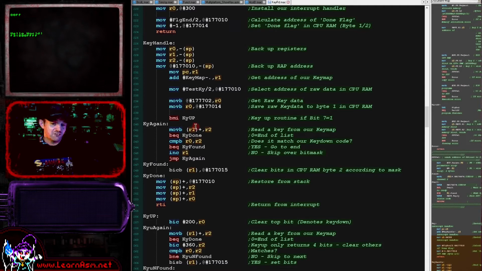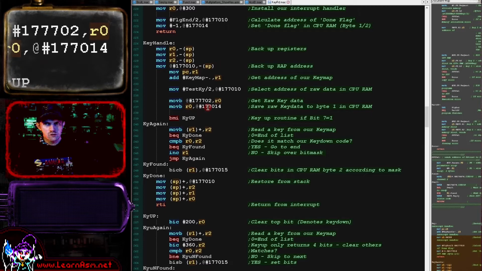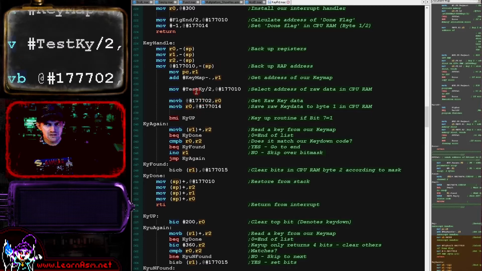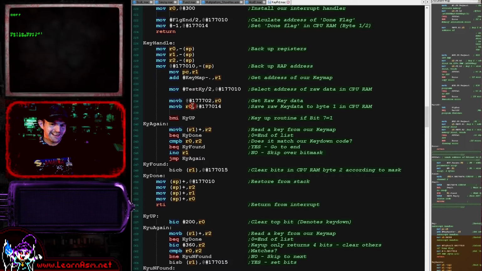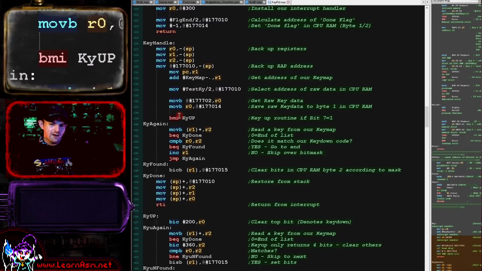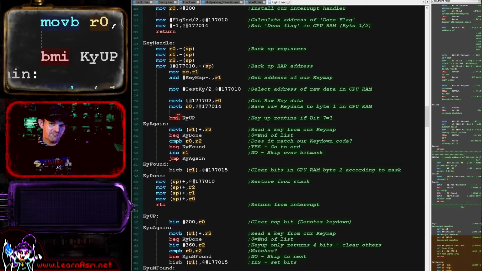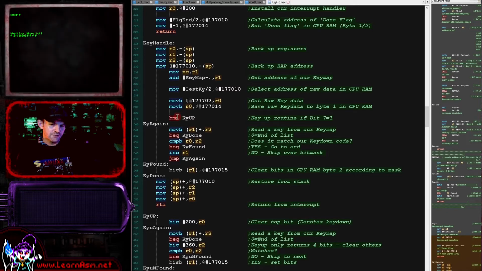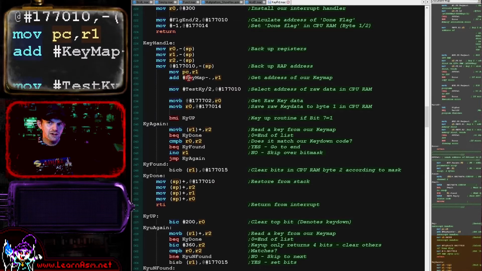Now, the first thing we're doing for testing and also possibly for more simple stuff is storing that raw data to the first byte in our 16-bit return at test key. So we're storing that directly as is, and then what we do next depends on whether we've got a key down routine or a key up routine, and that's defined by the top bit. So if the top bit is 1, then the branch if minus would occur, because the top bit is usually the sign bit. If that's a 1, a key has been released and we're going to run the key up routine. Otherwise we're going to run the key down routine,